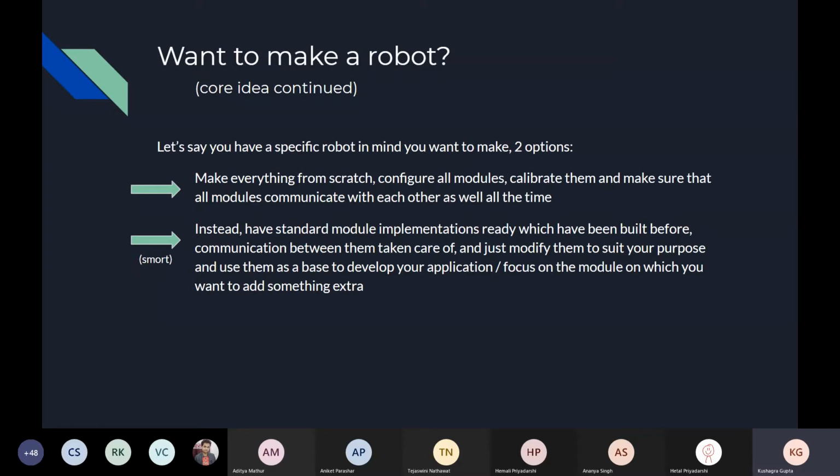And basically do that, and then use all of the standard module implementations as a base to develop your application. And also, let's say you are working on a particular module where you want to add something extra, where you have actually done some sort of contribution of your own. So let's say you have a great idea about how you can